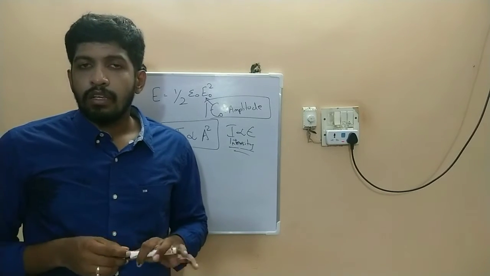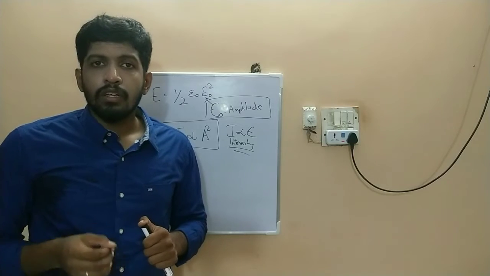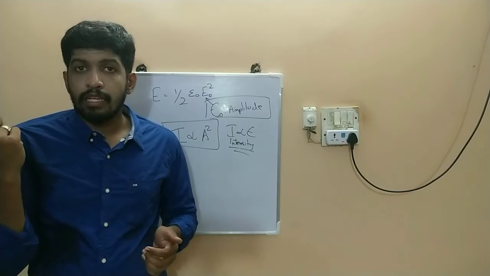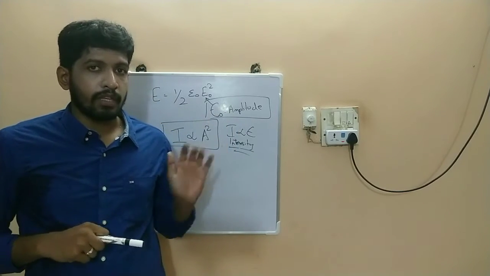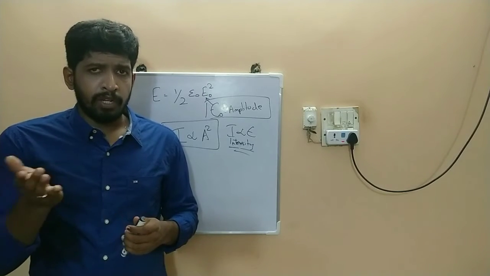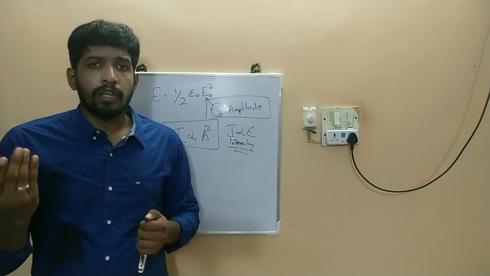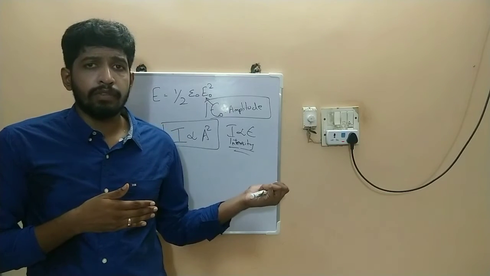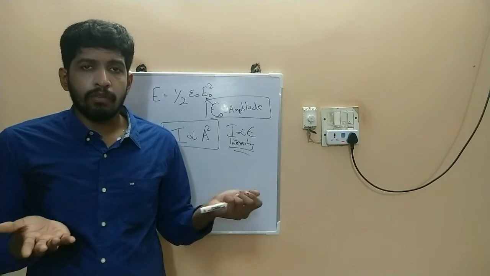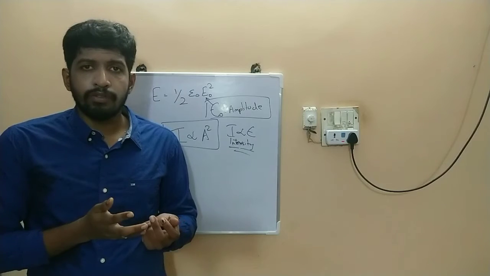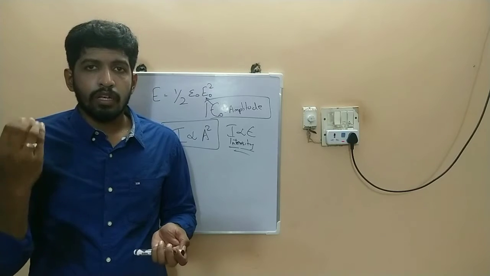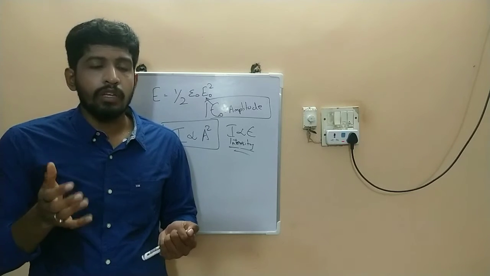The next problem is that it cannot explain the threshold frequency of the metal surface. The frequency does not depend on the energy density according to classical wave theory. The threshold frequency is the particular frequency of light below which photoelectric emission does not happen. According to classical wave theory, whether it is high frequency or low frequency light, if we increase the intensity, it should be able to eject the electrons, which is not the case.